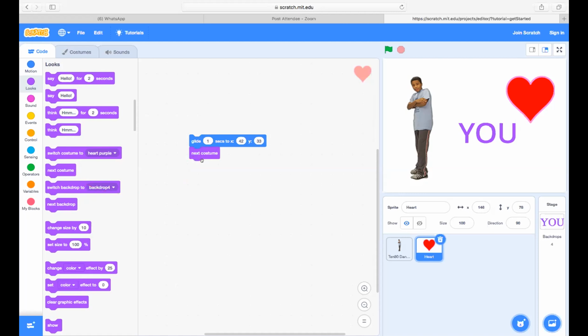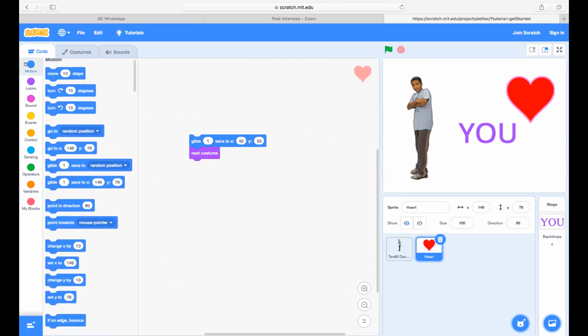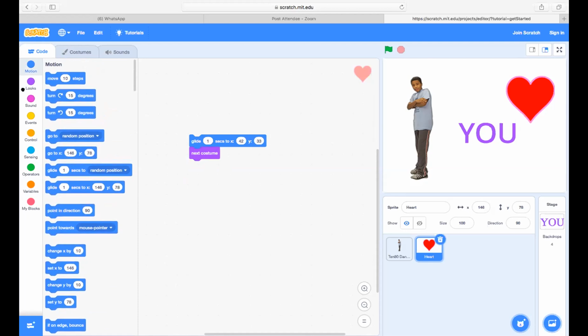Then go to motion again and drag and drop glide 1 second, just below next costume.